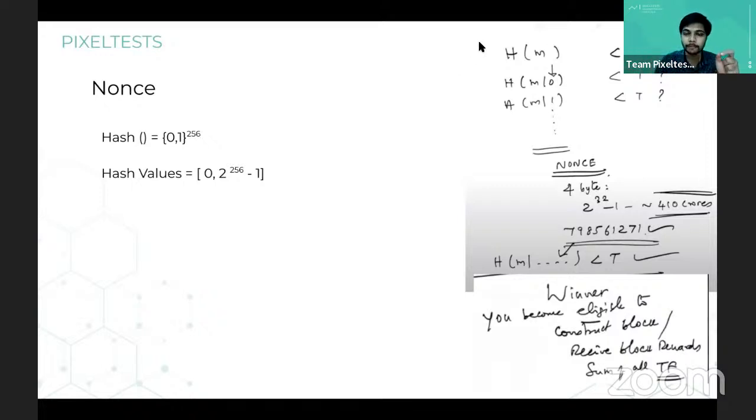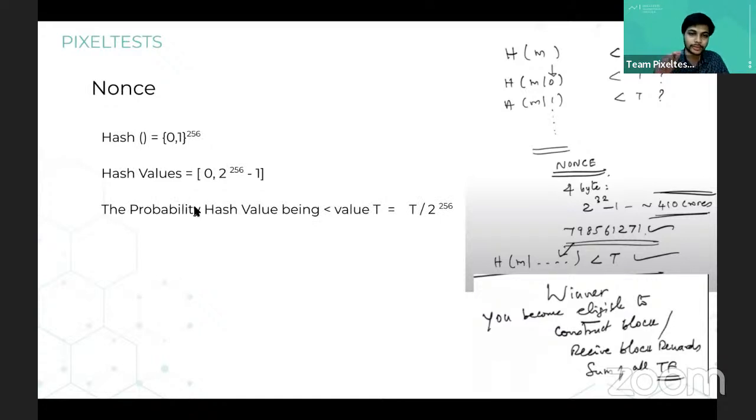So finding one nonce such that the hash value that is getting generated is less than a threshold, that is when that nonce becomes valid and he becomes the winner, meaning that he has proved that he has made some work. He did some work, right? We'll try to understand that a little bit with an example.